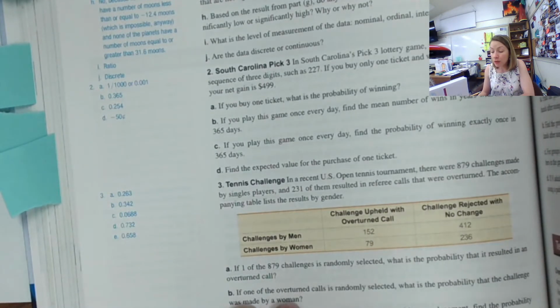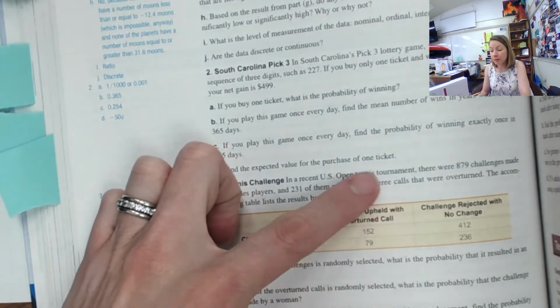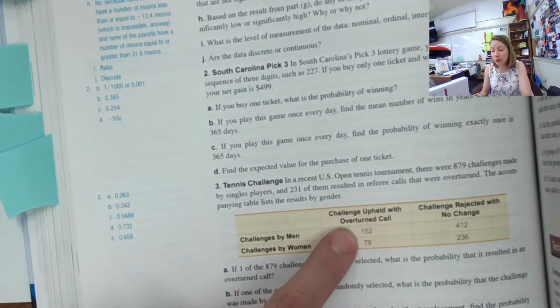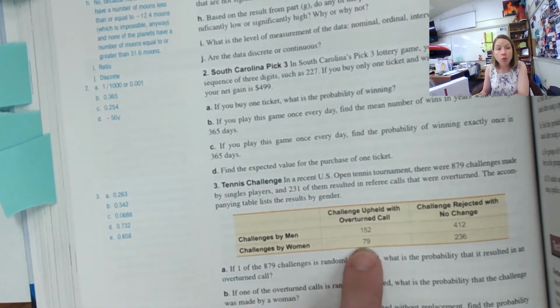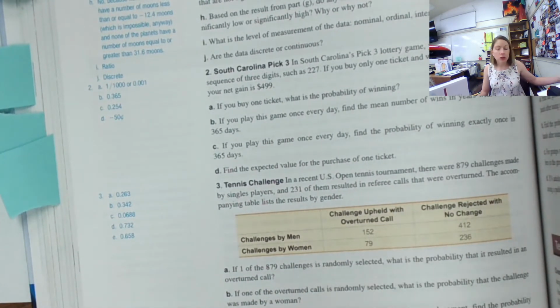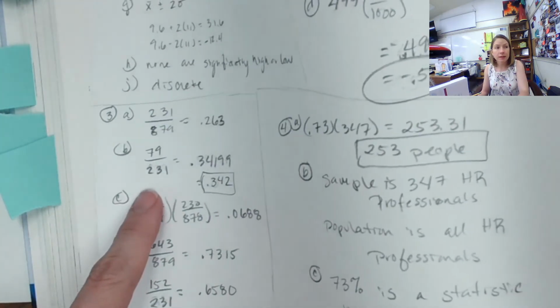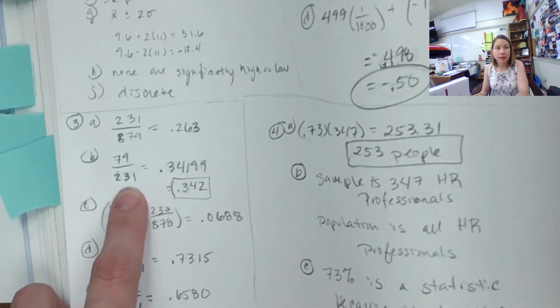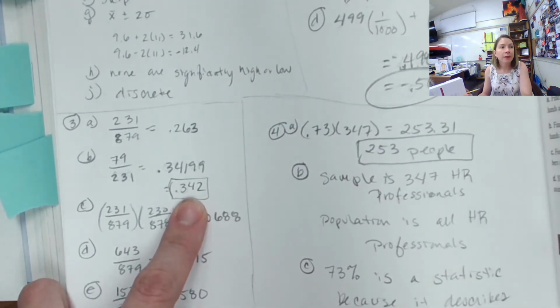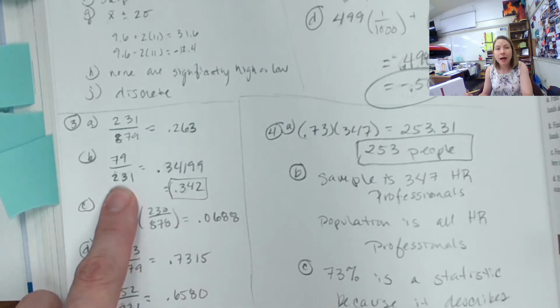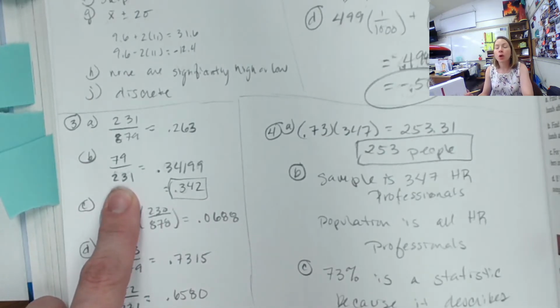And now if one of the overturned calls is randomly selected, so one of these 231 is randomly selected, what is the probability that the challenge is made by a woman? Well, that's 79. So in this case, it's 79 divided by 231 gives me 0.342 with rounding. So with this one, notice we don't have the entire total there